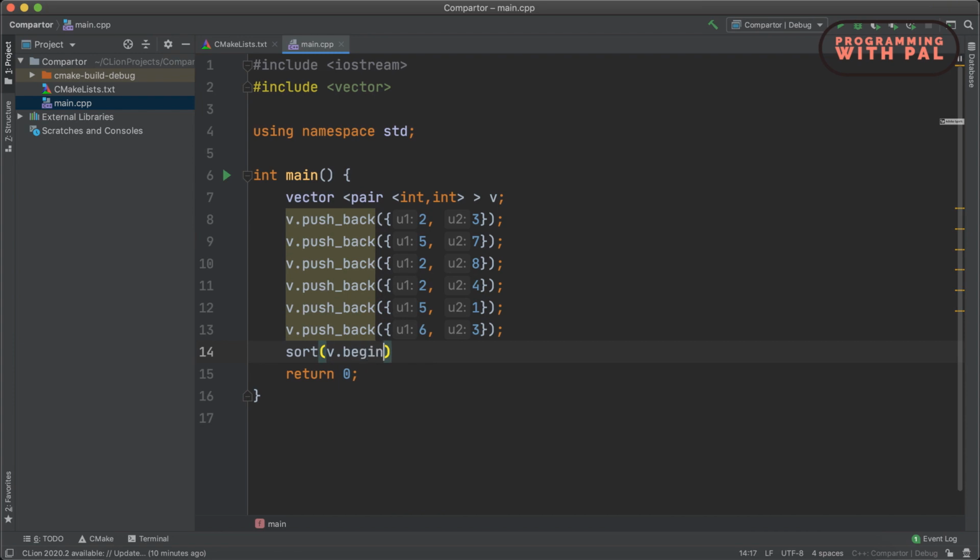Now let's call the sort function and we will pass v.begin and v.end, and also our comparator function. Let's name it CMP.